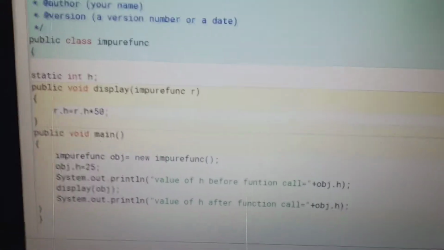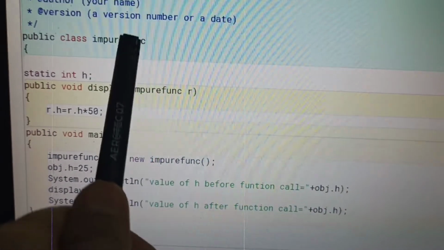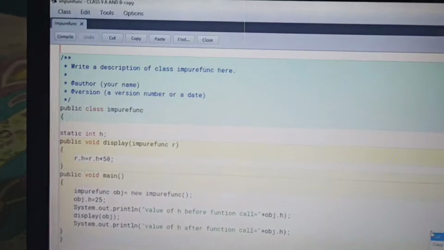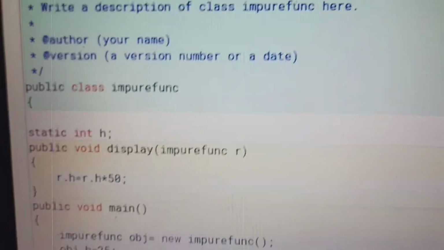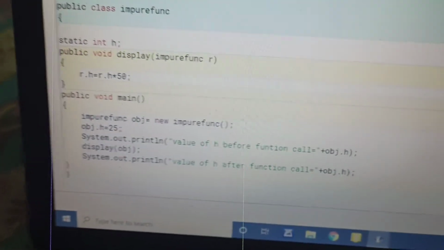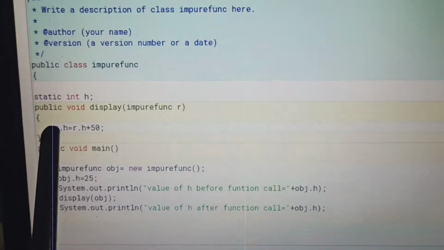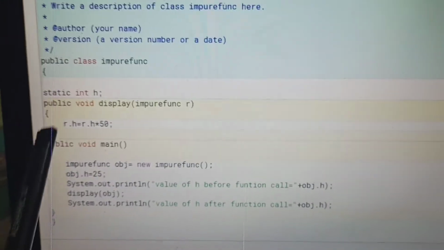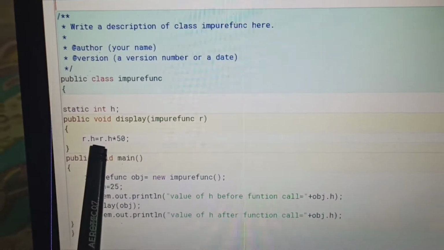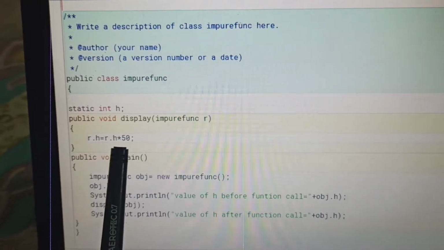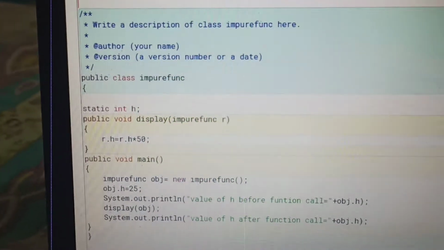Impure function is the class name, and R is an object, the reference variable of the class. Now we write the variable: R dot h, the object with the variable, and here also the same variable h is multiplied by 50, and close it.